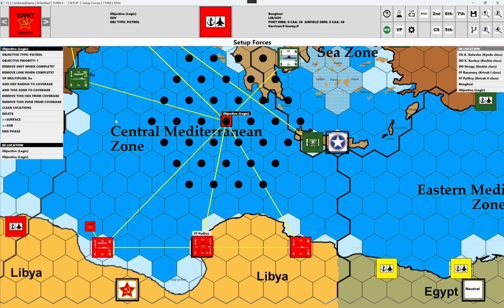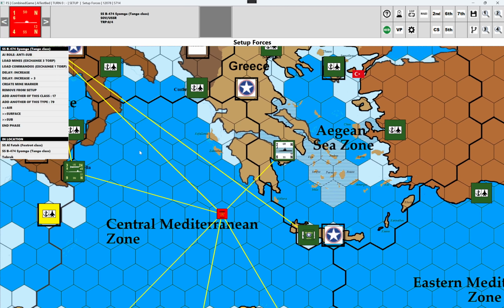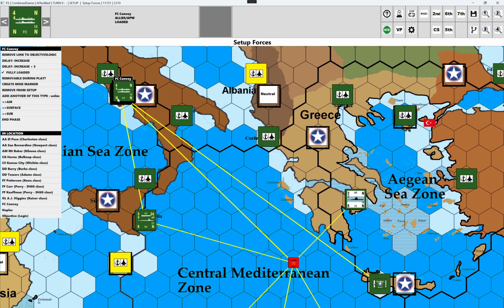Likely they would in a Mediterranean conflict of this time period. I've also given the Russians a Sierra SSN and two diesel subs, a Libyan Foxtrot and a Soviet Tango. Okay. Now, for the Americans, or for the Allies at least, what I've done is I've set up a number